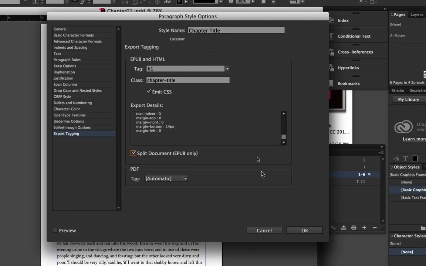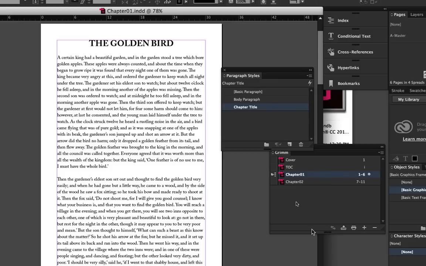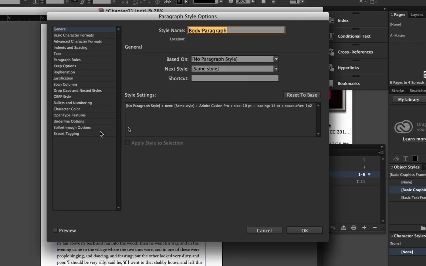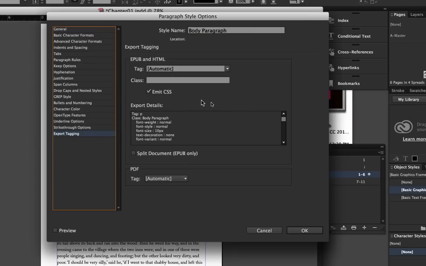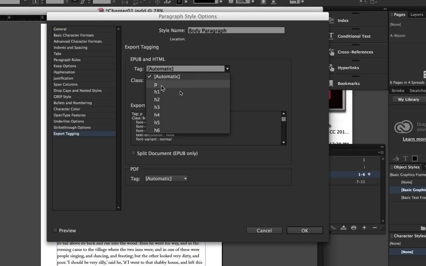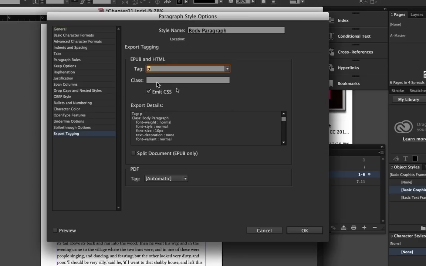With the chapter title style done, we'll click OK. And now we'll do the same to body paragraph. Now in this case, these particular styles are applied to all of our paragraphs within our document. So if the tag we want to use is actually the paragraph tag, I'm going to rename the class name using lowercase and dashes,